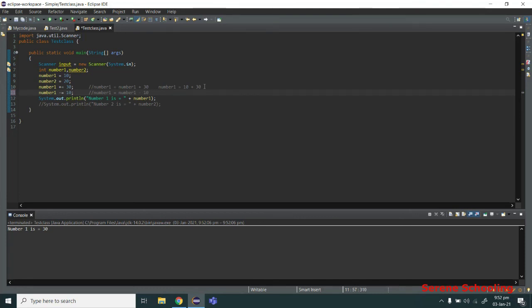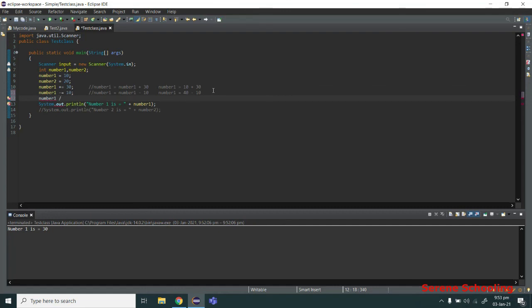So number 1 equals the original value. What was the original value? After the previous statement was done, number one was carrying 40. Then I subtracted 10 from it. So the program did 40 minus 10, that is 30, and then assigned the value back to the number one variable.